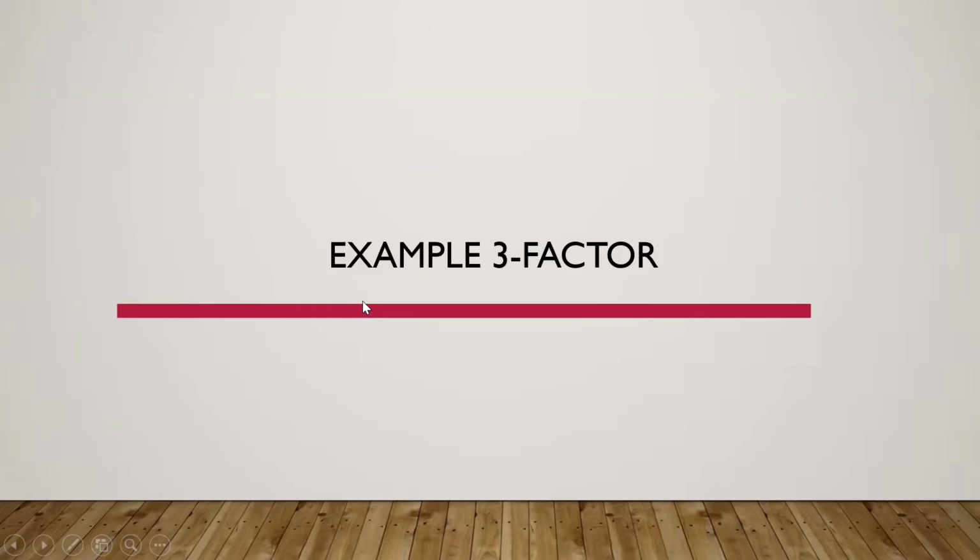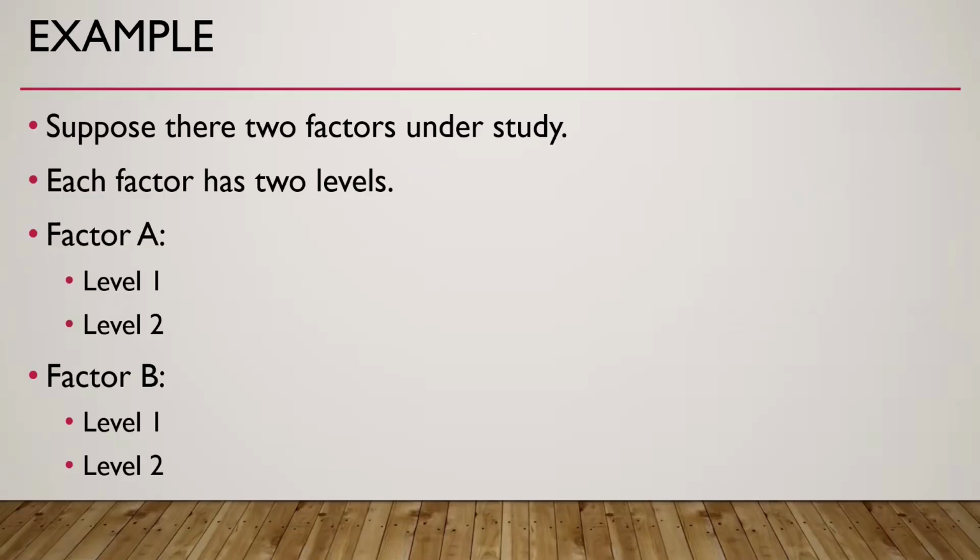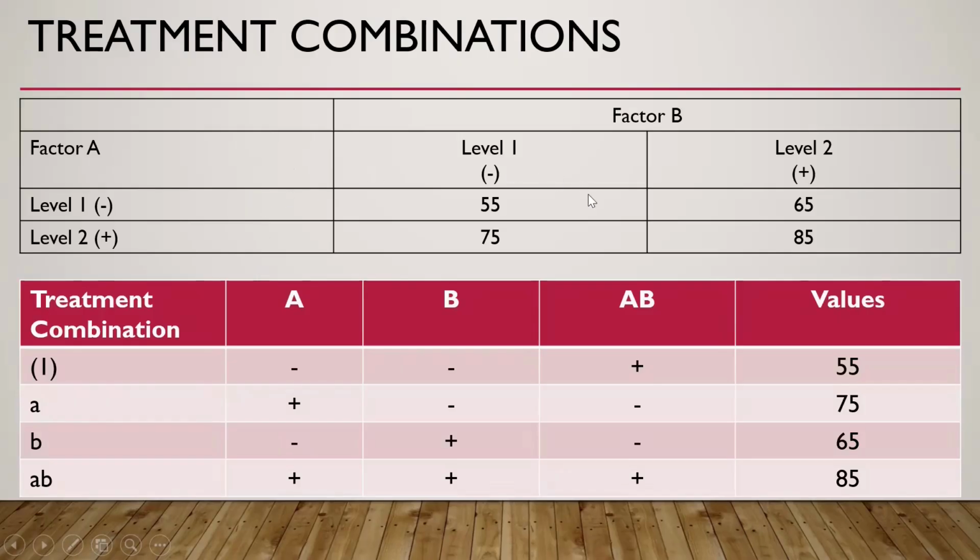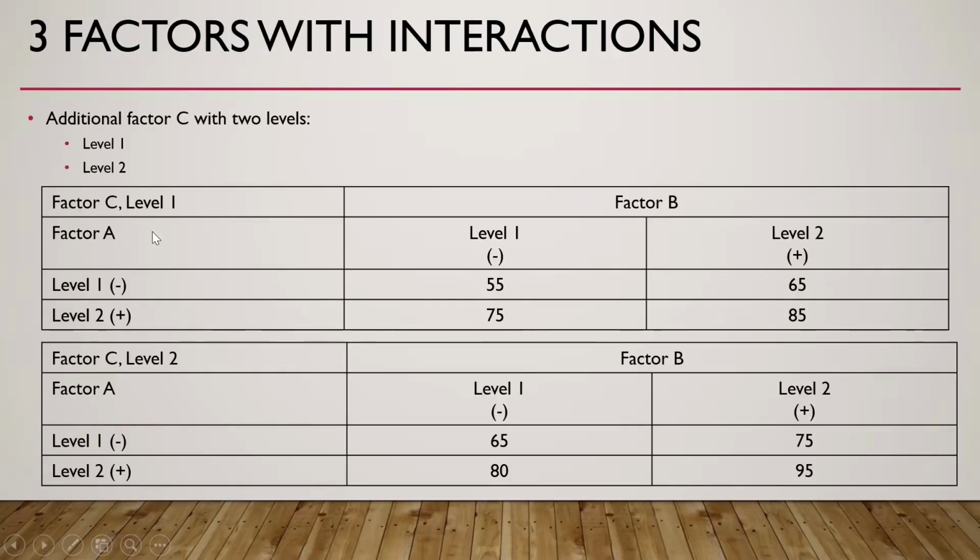Then the last example, which I have not solved, I request all of you to solve this third example. This is an example of three-factor design. So if we have, let us say, first two factors as factor A and factor B with two levels each. So this is how we cross-tabulate factor A and factor B. This is according to Yates nomenclature. And if we incorporate factor C here, so we have two such 2 by 2 tables here. In the first table, we have level 1 of factor C. In the second table, we have level 2 of factor C.